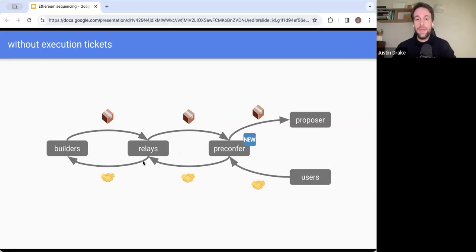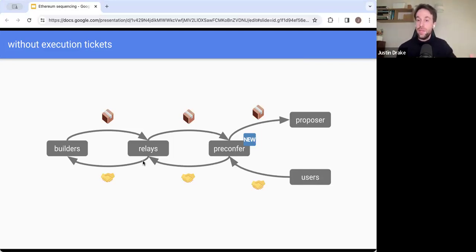And the way to make it incentive compatible is basically to have a pre-confirmation tip. So you have a tip that's paid for the privilege of constraining the search space. And this tip needs to be commensurate to the MEV impact that transaction has. So if it's a transaction like a transfer that has no MEV impact, then a 1 cent tip will be fine. That's rational to just collect the free 1 cent.